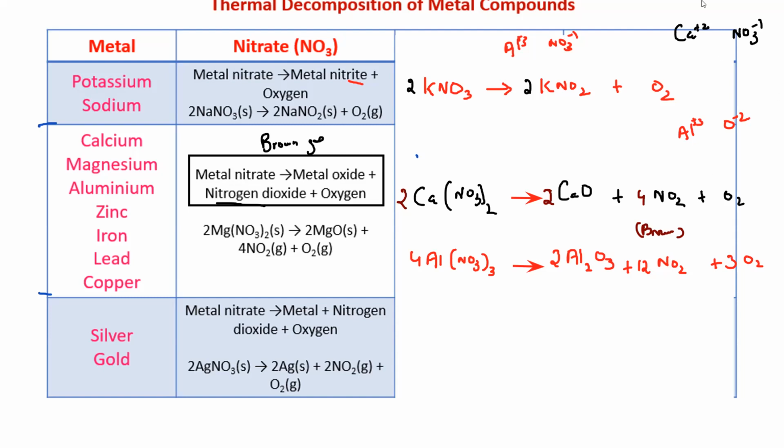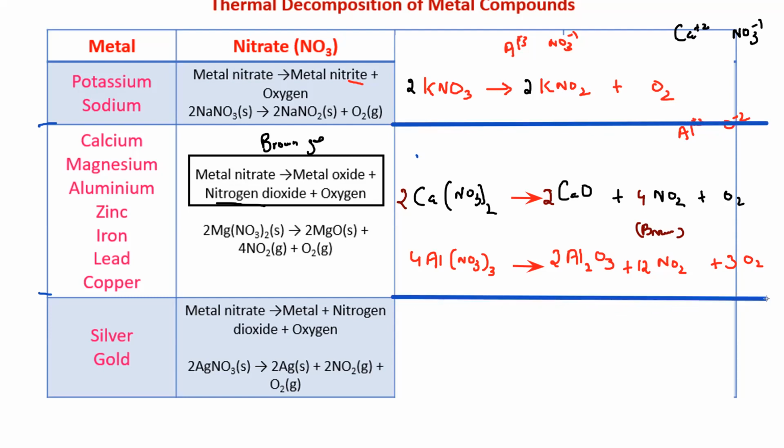So when we heat potassium or sodium nitrate, it will give potassium nitrite plus oxygen. Sodium nitrate gives sodium nitrite plus oxygen. But from calcium till copper, when we heat these nitrates, it will give calcium oxide plus nitrogen dioxide plus oxygen. And silver and gold, when we heat these nitrates, what it produces is a